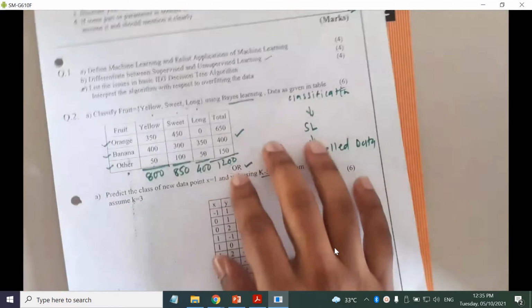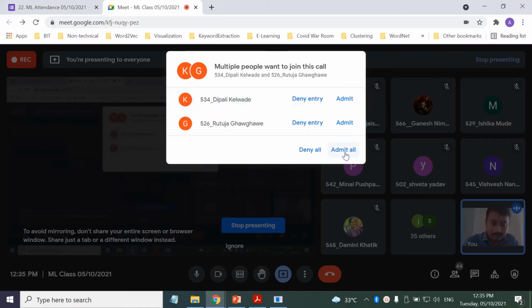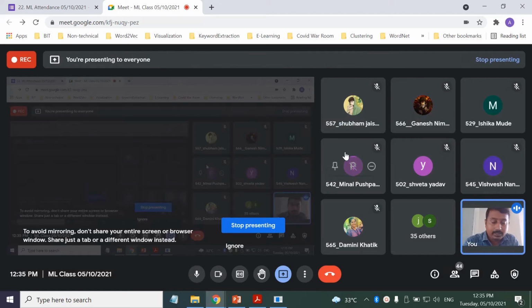Okay. So yesterday we solved this problem based on the KNN algorithm. Currently we are studying our second unit, that is instance-based learning, and from that category we are learning one of the most popular machine learning algorithms called KNN, that is K nearest neighbor, and you can utilize KNN for classification and regression tasks.